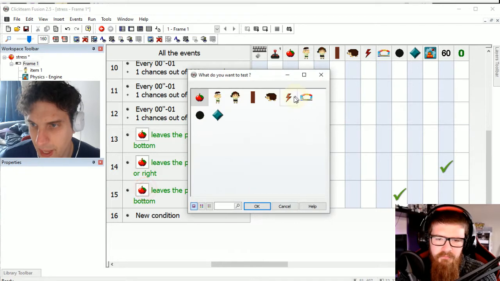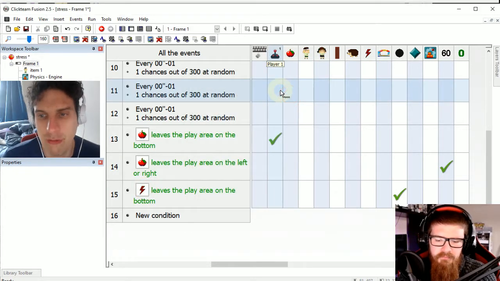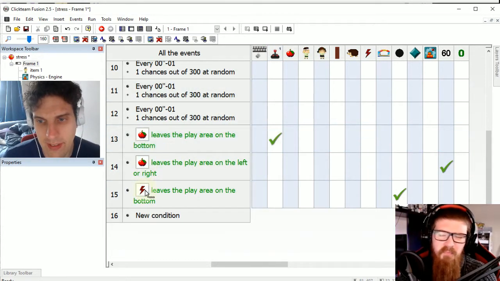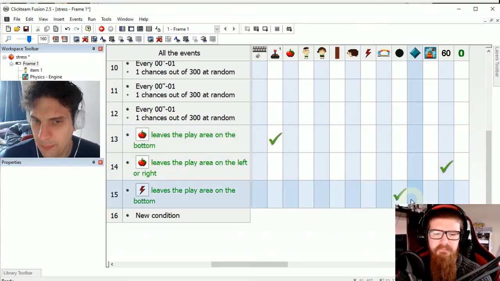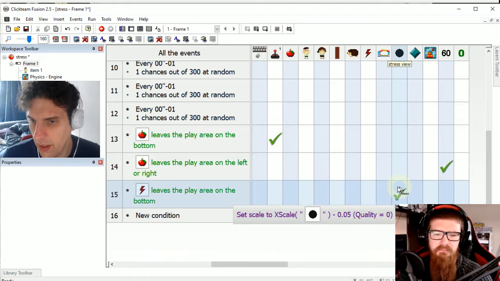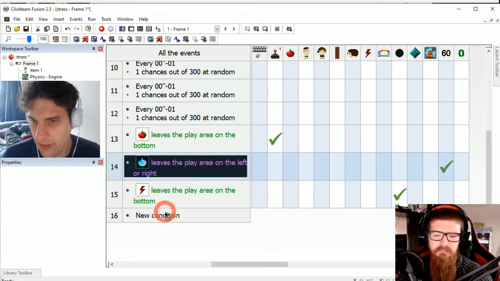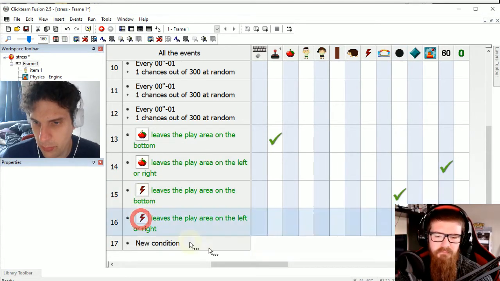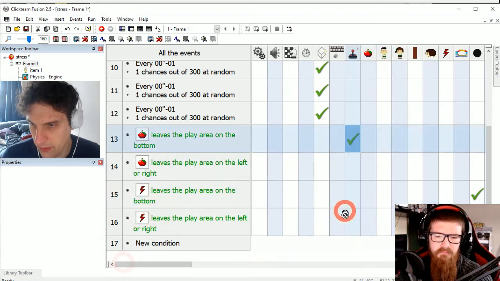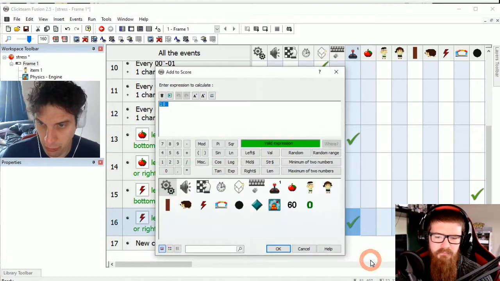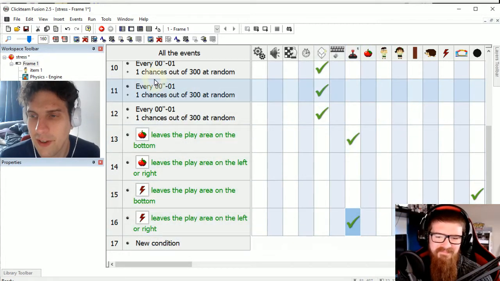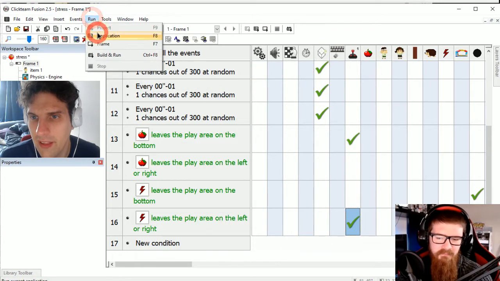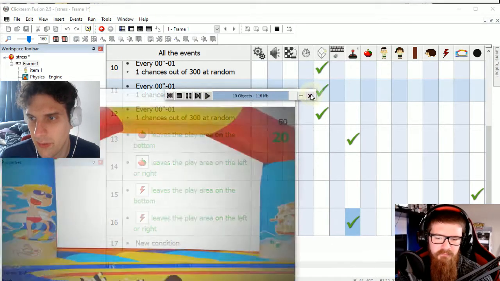And also this needs to be anything that's bad. And the hedgehog is in the bad group. Hence why these don't look like kids and that doesn't look like a hedgehog. Oh, it's a bad hedgehog. And so that's it. And if he goes off on the left or the right, we'll give you some points. Not as many as the kids, but maybe 3 points. Right, good. So that means that we've got a scoring system that works on the game.